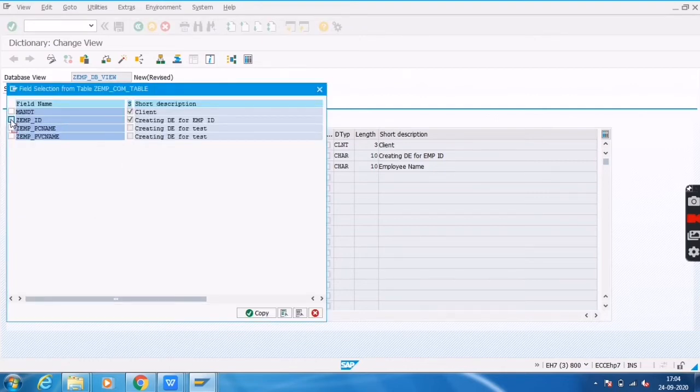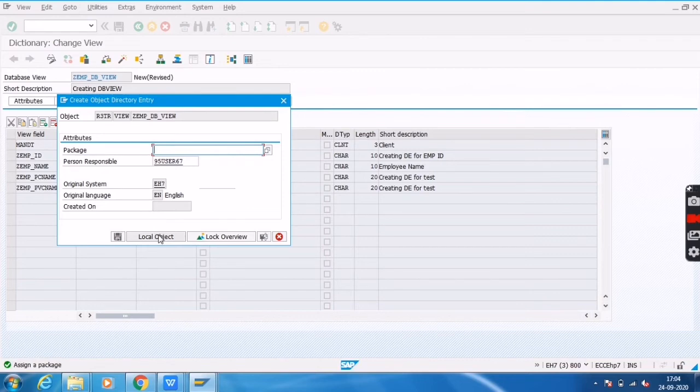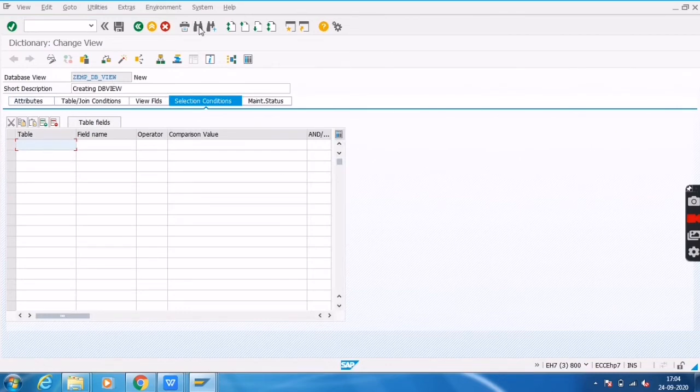Here I am showing only the company fields, previous company and present company. Click on the save button. I am saving inside the local object only. Then here we can mention extra selection conditions.